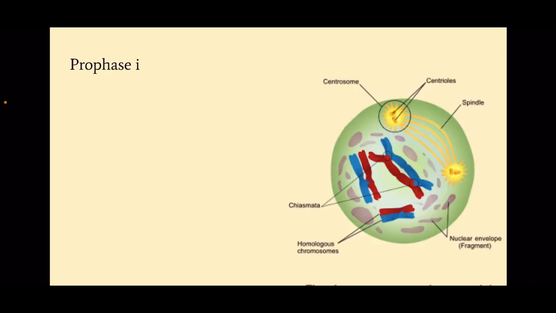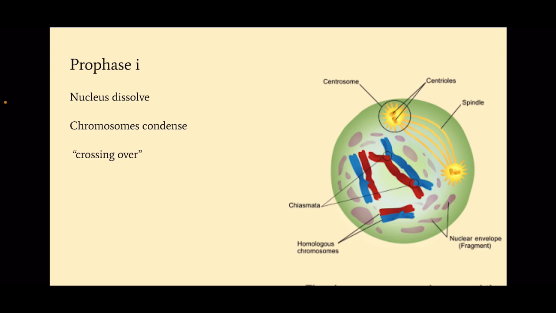Starting with prophase 1, what happens in prophase 1 is the nucleus dissolves, the chromosomes condense, and the process of crossing over occurs. The nucleus has to dissolve to free the DNA and the chromosomes to move. The crossing over is important for genetic diversity, and how it happens is the homologous pairs line up,